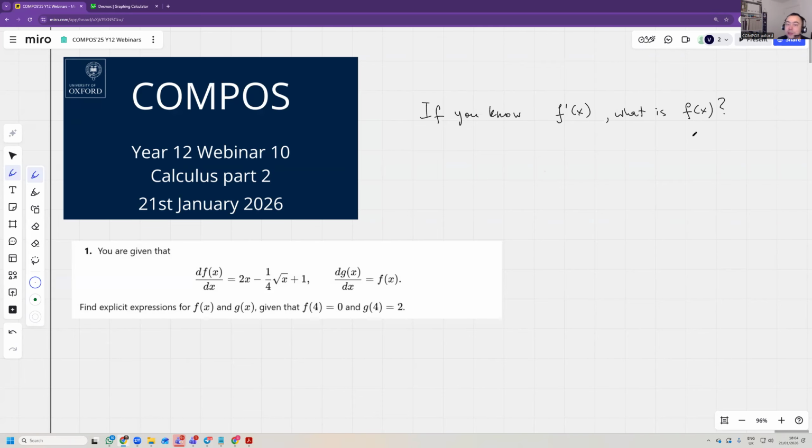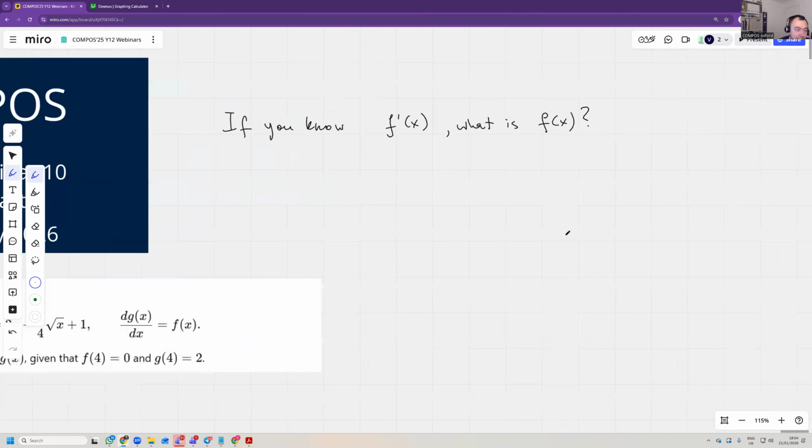This is the question we're trying to answer. And some of them are really simple. For example, if f dash of x is equal to 3x plus 2, then you could quite easily figure out